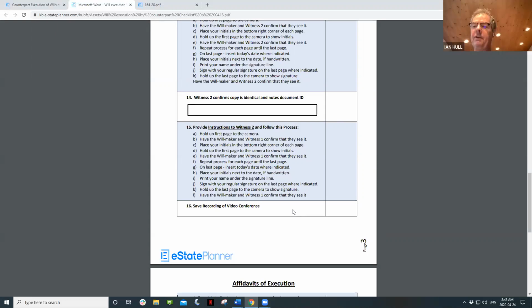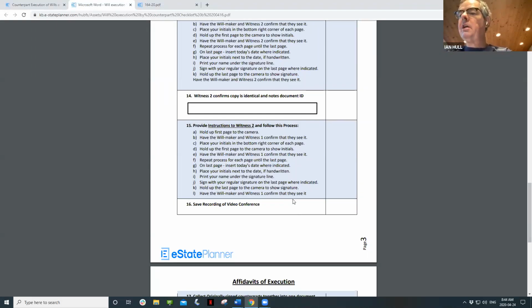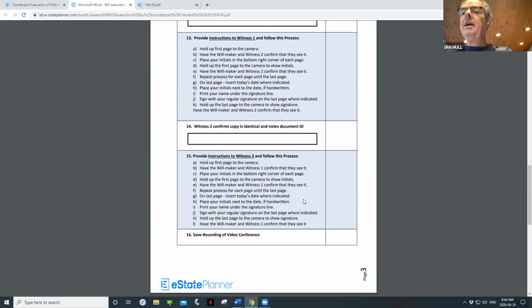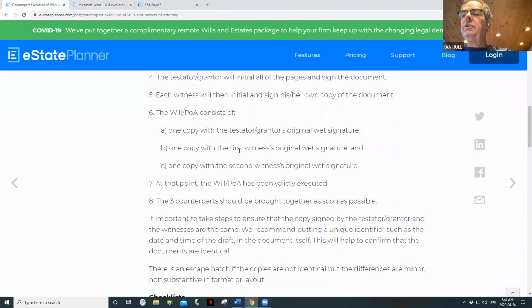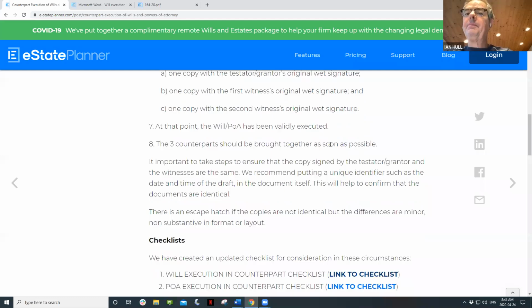Okay, terrific. Now let's talk about some of the granular elements of this, and we got some great questions on the chat line. We're going to come to that in a minute. Now we've got two questions. One is the affidavit of execution, and the other is the attestation clause in this counterparts environment. So maybe to get to that point,